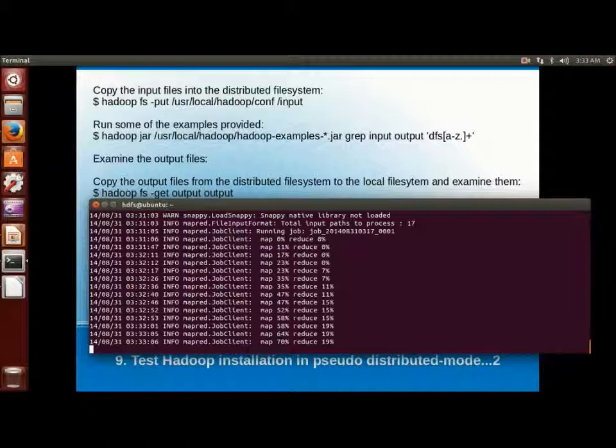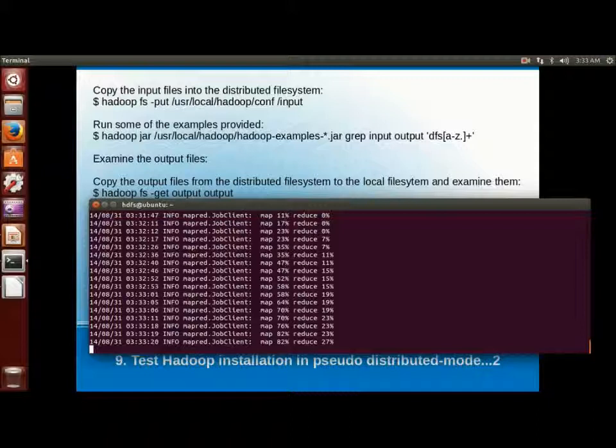Okay, so it is writing the logs related to the MapReduce jobs. So map is 10% and reduce 0%, map 30%. So that is the current status of the map and reduce tasks. The last line is map is 82% and reduce is 22%.